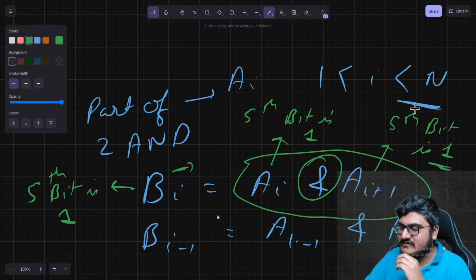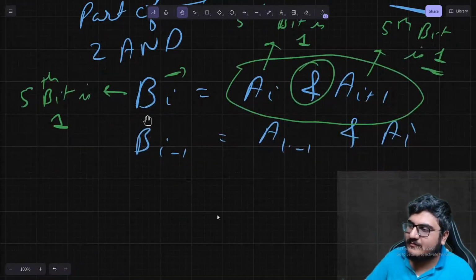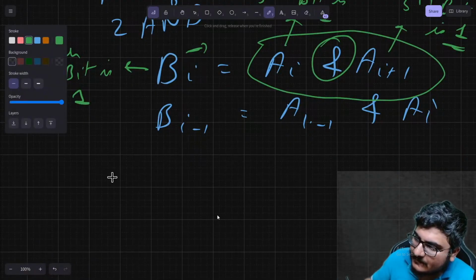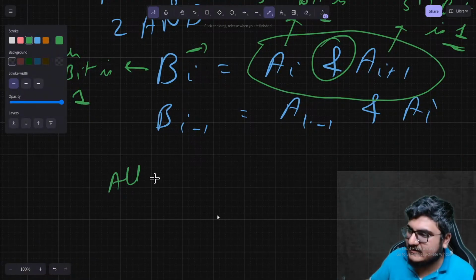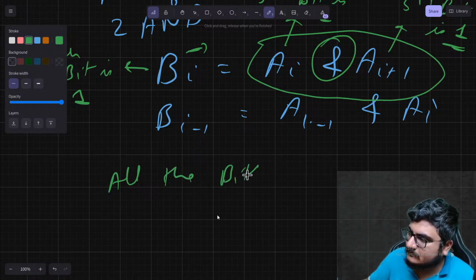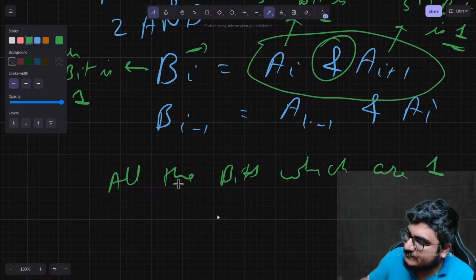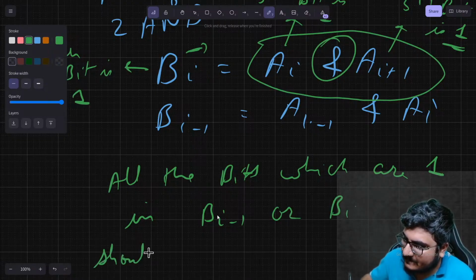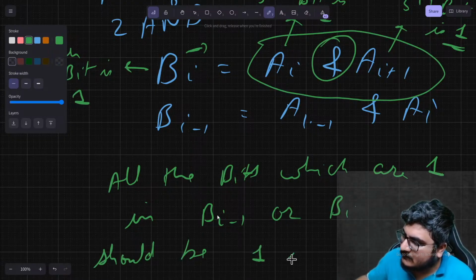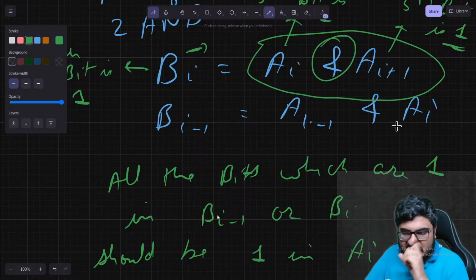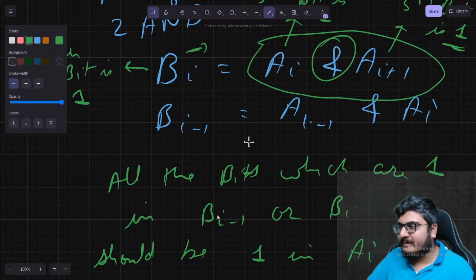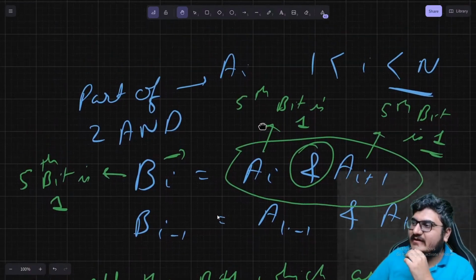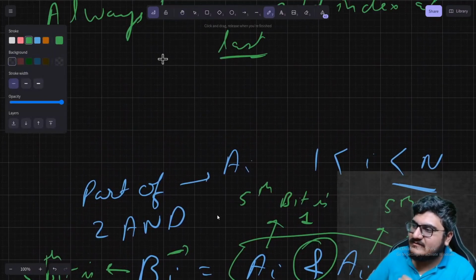And so what you see is, if you look at all the bits which are on in Bi, and similarly all the bits which are 1 in Bi minus 1 or Bi should be 1 in Ai. Any questions for the observation so far? What my suggestion is, I am first looking at the definition of AND. Definition of AND means if you have two numbers,